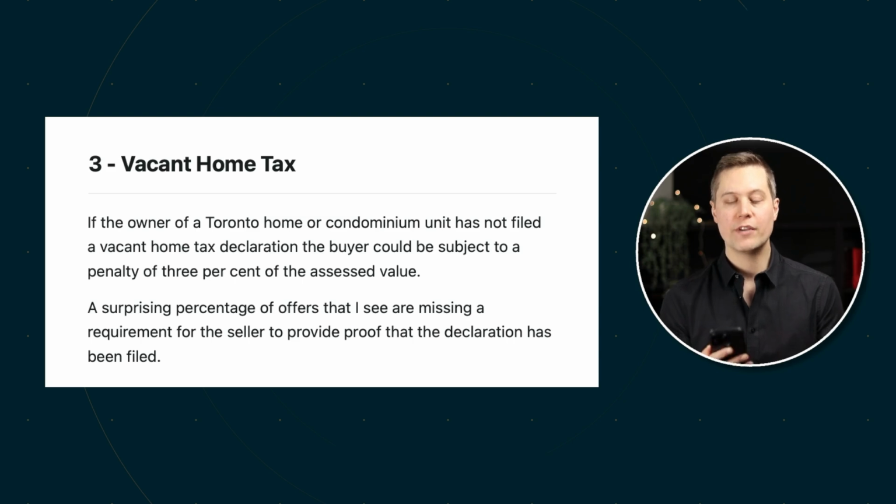Issue number 3, vacant home tax. If the owner of a Toronto home or condominium unit has not filed a vacant home tax declaration, the buyer could be subject to a penalty of 3% of the assessed value. A surprising percentage of offers that I see are missing a requirement for the seller to provide proof that the declaration has been filed. So if you watch the recent video I did on the Toronto vacant home tax, you know that I touched briefly there on what happens when there's a change of ownership on a property